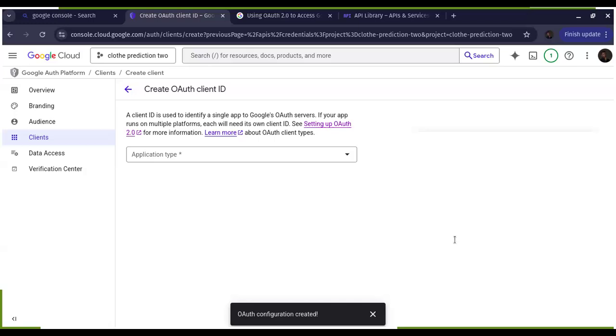Then Google shows the front end a list of accounts and tells you to choose one. Once you choose one, Google takes that account and gives you a token for that account, which you can use if you want to log in with us. Then once you get that token,